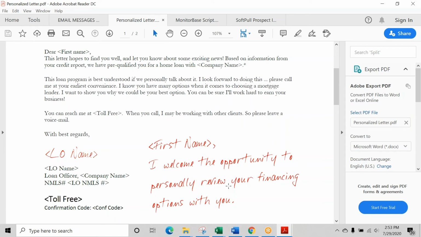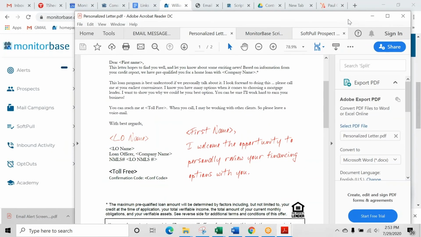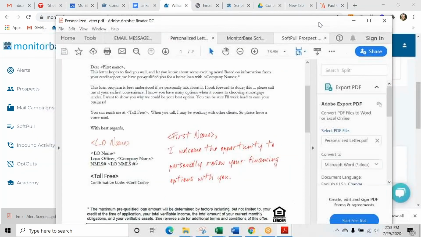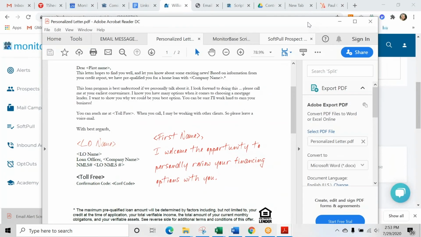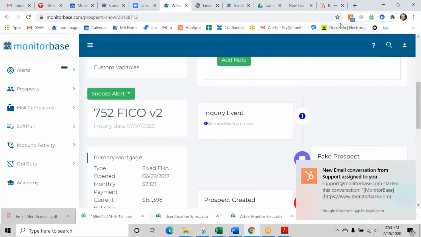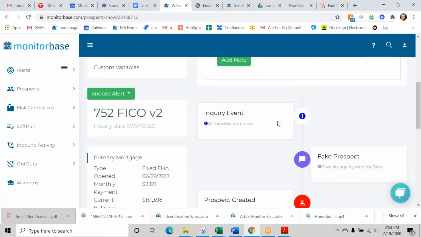They generally produce about a 5% inbound response rate. And if you do have somebody calling you from these and you missed the call or the call failed, we will send you an email notification as well. Keep in mind that that is happening for every single alert, including predictive and inquiry alerts.